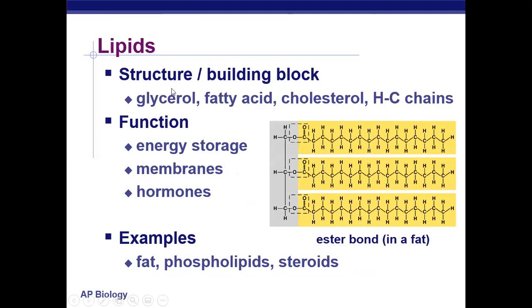Lipids don't make polymers. Their building blocks are fatty acids, cholesterol chains or cholesterol rings, glycerol, and long hydrocarbon chains. Their function is for energy storage. Remember, fat is at least 2 times the amount of energy of carbohydrate, but it takes more energy to break those bonds. So it takes energy to get the energy. They're in our membranes as phospholipids, and they are our hormones and steroids. So fat, phospholipids, and steroids. They are formed by ester bonds or ester linkages between a hydroxyl group and a carboxyl group